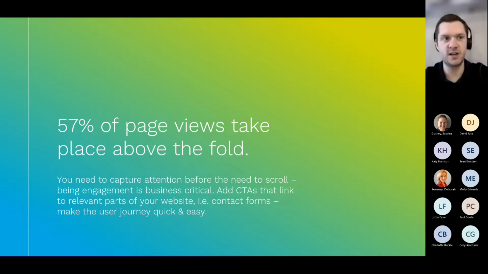We just need to make the user journey really quick, really easy, and just do whatever we can to drive that conversion. I know it might not necessarily always look as nice as you want it to if you've got a really long image, but actually we shouldn't be designing a website based on what we want. We should be designing a website based on how people want to engage.